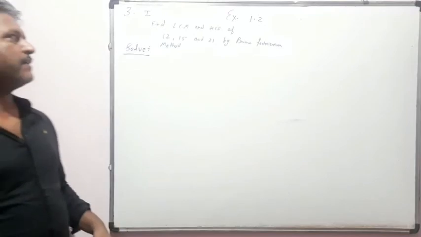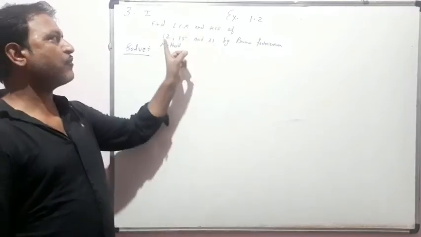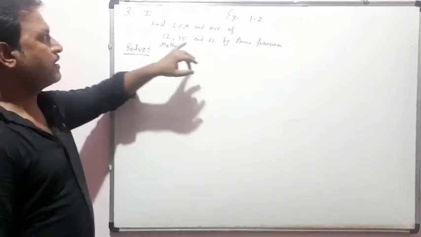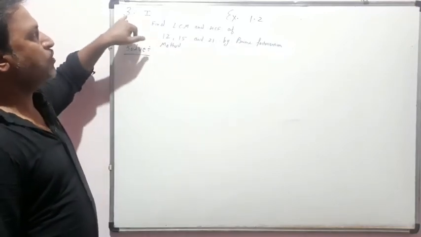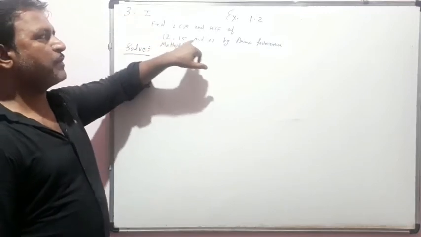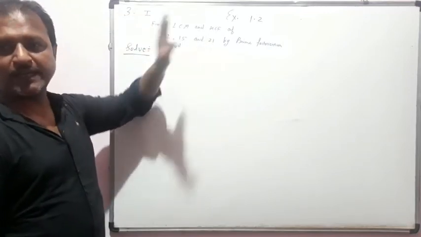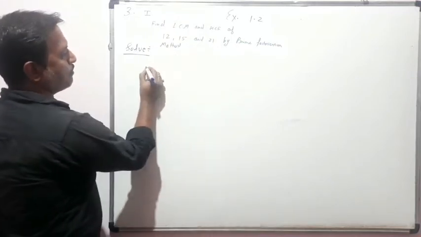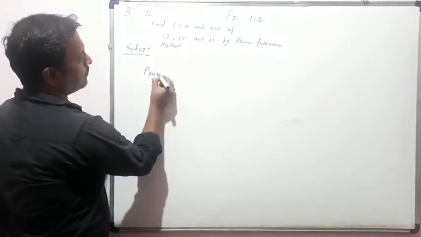Now we will find the LCM and HCF of 3 given numbers by the prime factorization method. That is the first part of the 3rd question. The given numbers are 12, 15 and 21. We have to find both LCM and HCF. So in the solution, first of all, find the prime factors of